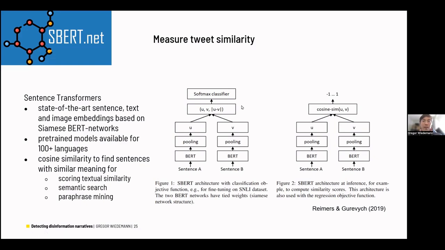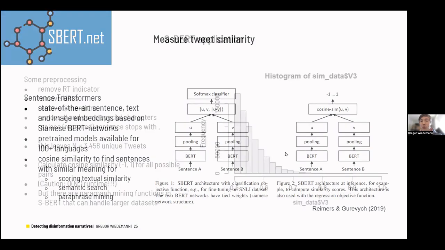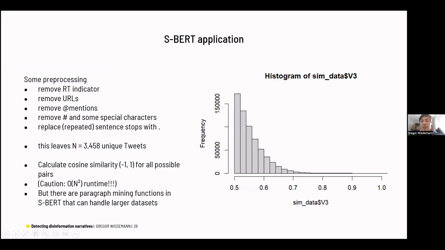So if we look at the distribution of the similarity scores, we can see that we actually have very few tweets in our data set which are very, very similar, with 70% or higher similarity. Most of the similarity scores are in the range of 0.5 and going on. I skipped everything below 0.5 as not worthy of comparison at all. But the question now is what threshold to select for actually similar tweets or not.